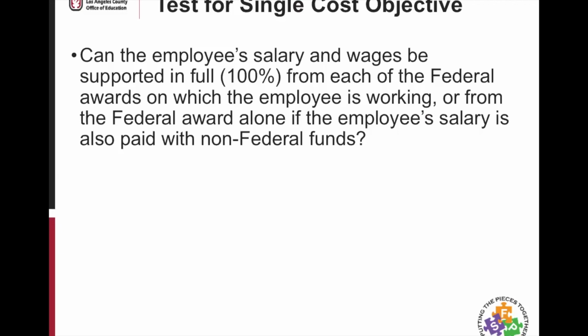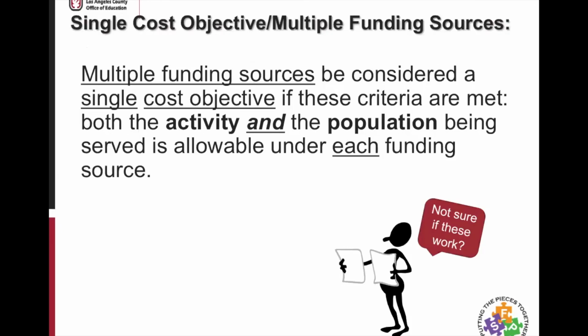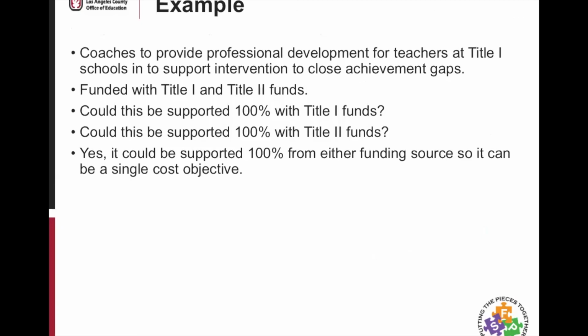All right, so it's multiple funding sources, and multiple funding sources can be considered a single cost objective. And again, it depends on the activity and the population, so it's two key areas. Let's look at an example. We have coaches. They're providing professional development to teachers at Title I schools to support intervention to close achievement gaps. Okay, so this is funded, and they funded it with Title I and Title II. So the question is,